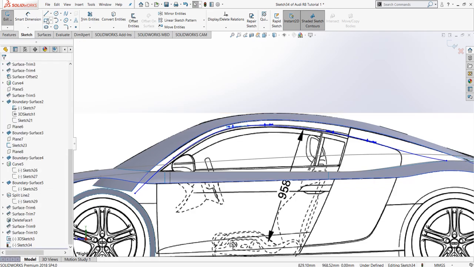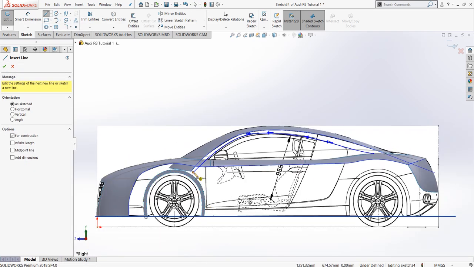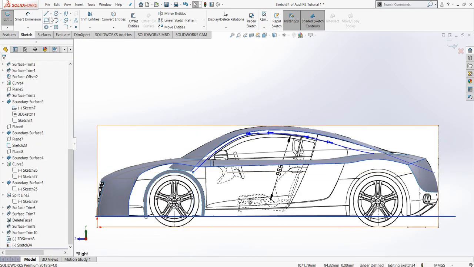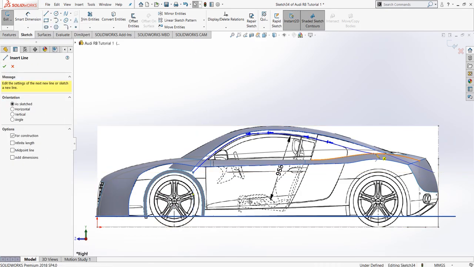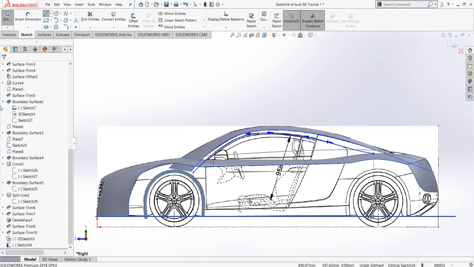Now click OK. Then draw a center line from over this point. Make sure it is a vertical one, and another center line from over this point to here. Make sure it is also a vertical one. Now click exit sketch.